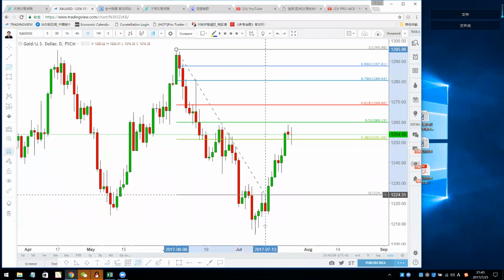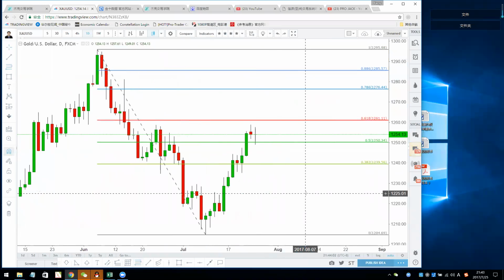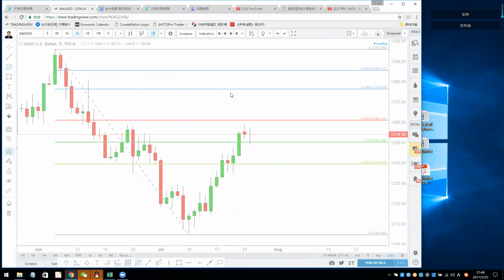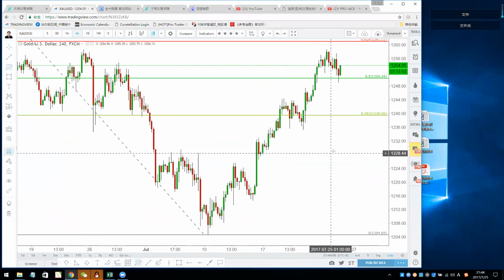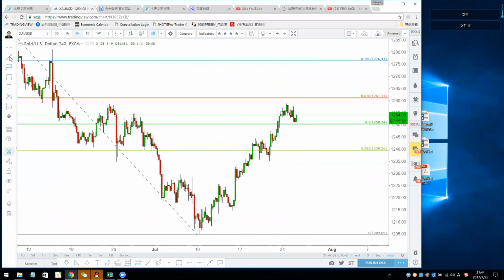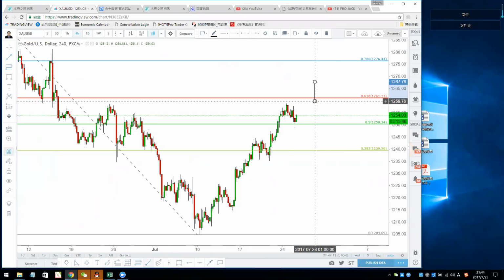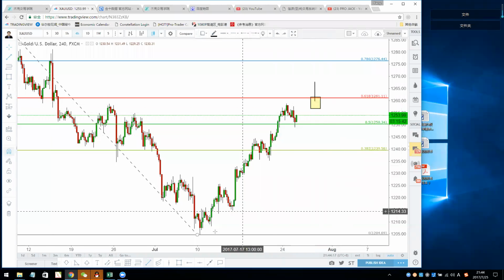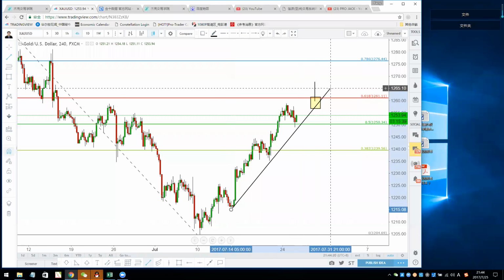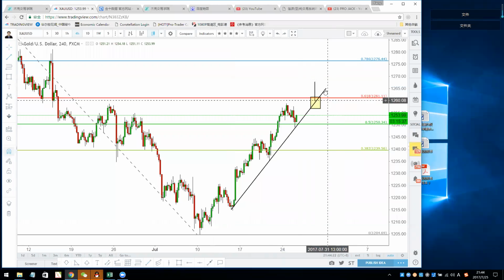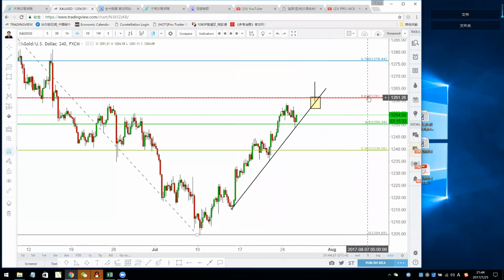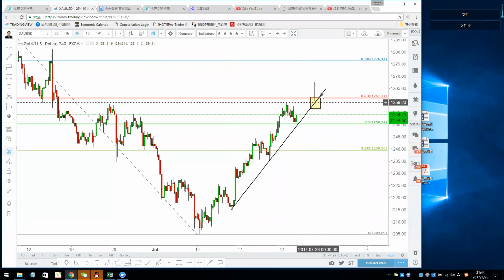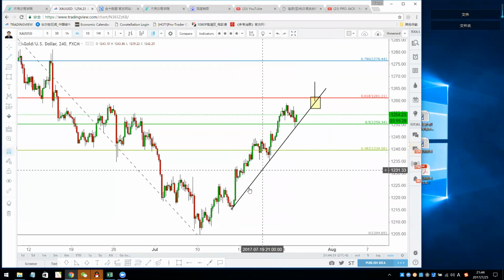So I don't really want to short gold in the recent time. Pay attention to my words, okay? I don't want to short gold until it reaches 1261 and forms a pin bar or a bearish engulfing candle, and also it has to break the upside channel. Only if these two scenarios happen. First scenario, it touches 1261. Second, it cannot close above and also breaks down the channel.